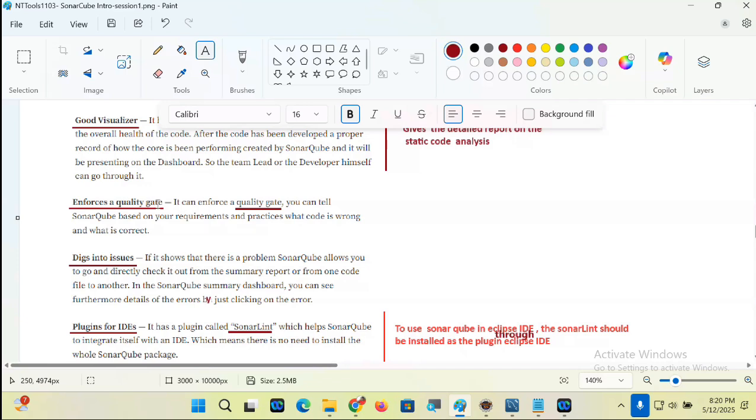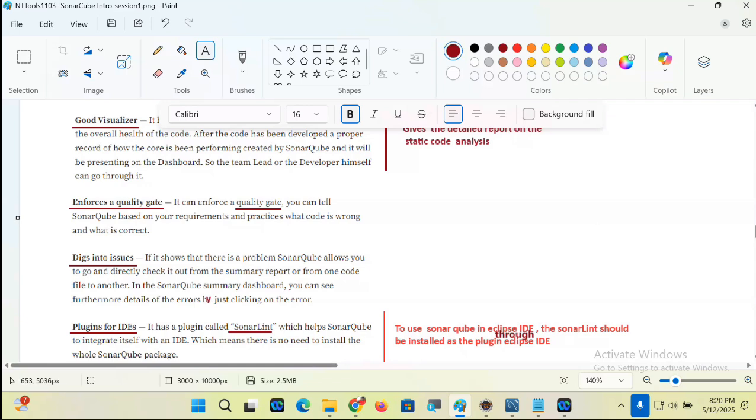It can enforce a quality gate. You can tell SonarQube, based on your requirement and practice, what code is wrong and what code is correct. Enforces quality gate. Are you getting my point there or not, guys?